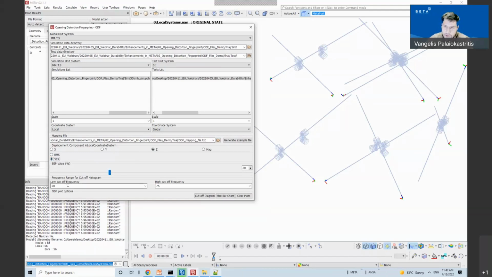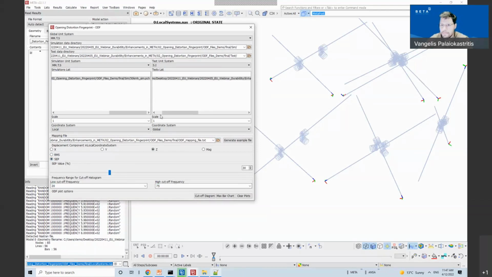On the bottom side of the window, I have the low cut frequency and the high cut frequency, so I can cut the signal. These actually are the low filter and the high filter for the distortion signal.